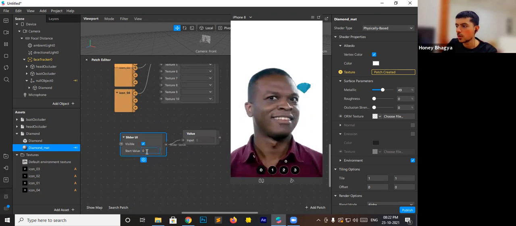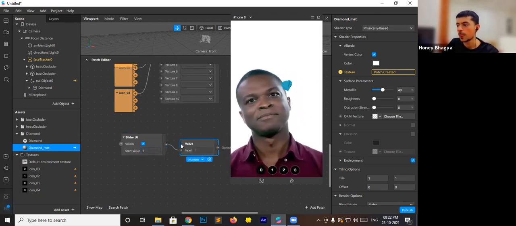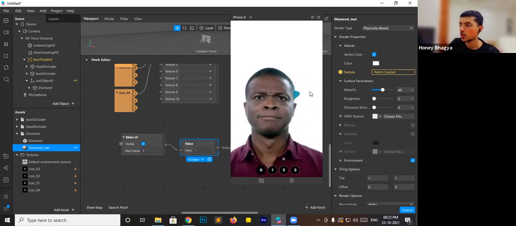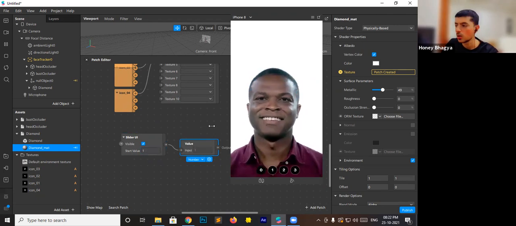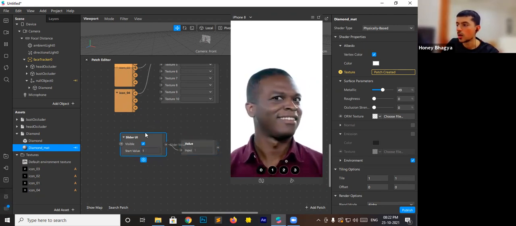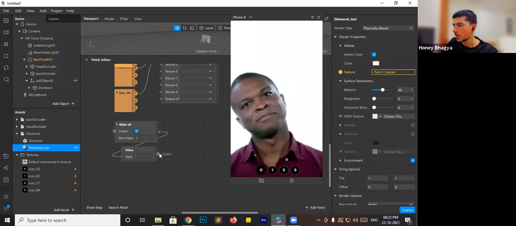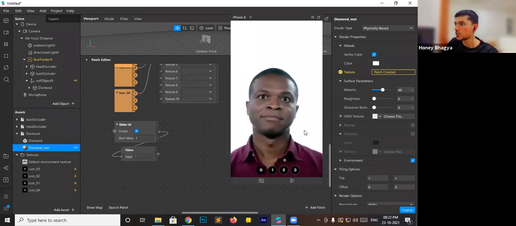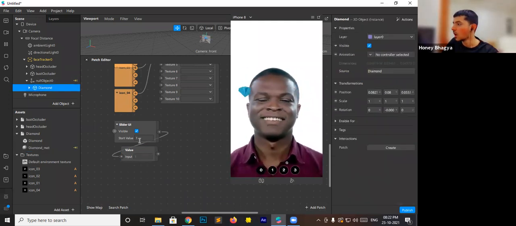As you can see, the current value is 0. If I change it to 1, the value will change to 1. The program does not have the slider here, but if I use this effect in the phone, I will see the slider. As I'm using the program, I can't show you, but let's connect this to something. Let's connect this to scale. I want to change the diamond size with the slider UI.